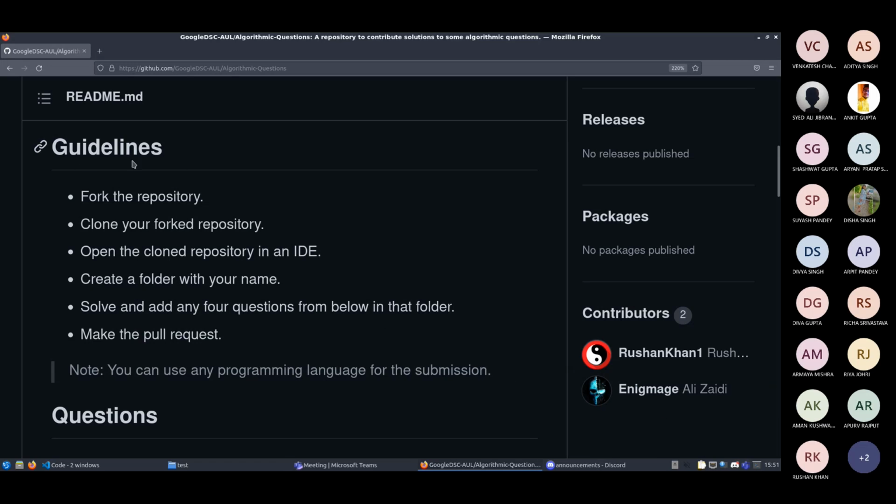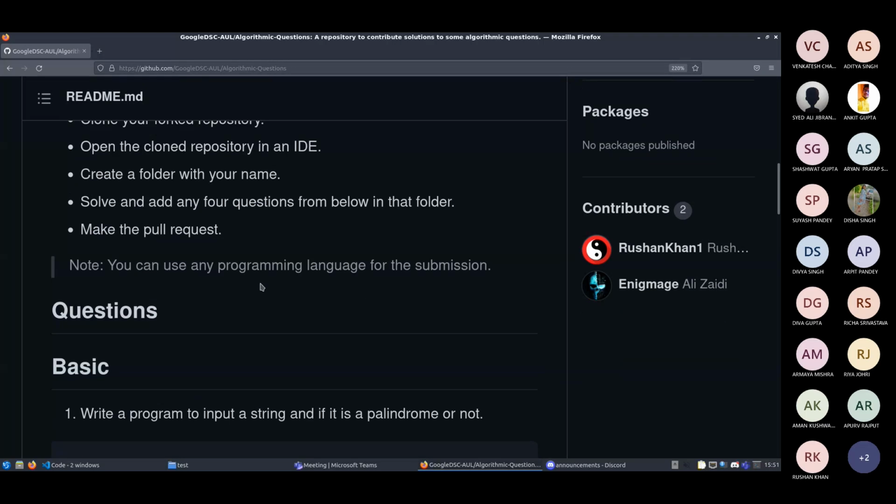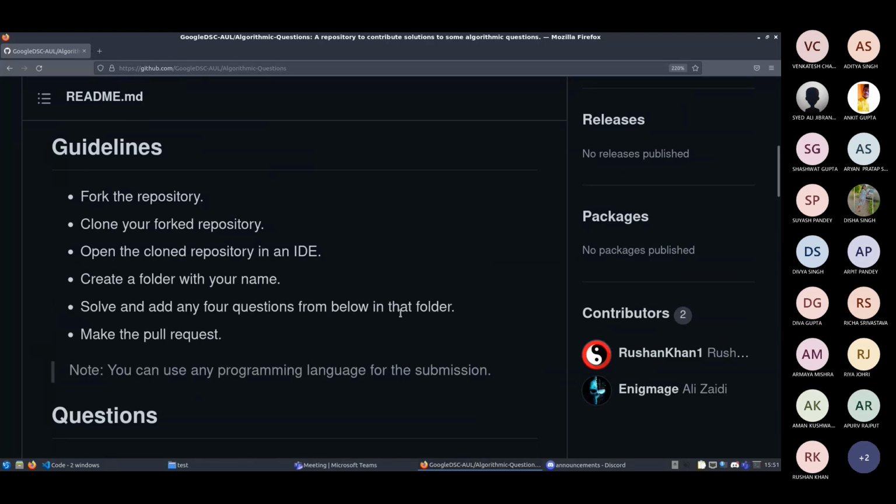These are basically the guidelines of what you have to do. You have to fork the repository, clone your forked repository, open the cloned repository in any text editor, and create a folder with your name. Remember, don't just copy paste the code: create a folder with your name and paste the code inside that. Then solve and add any 4 questions from the ones posted below into that folder, and then make the pull request.